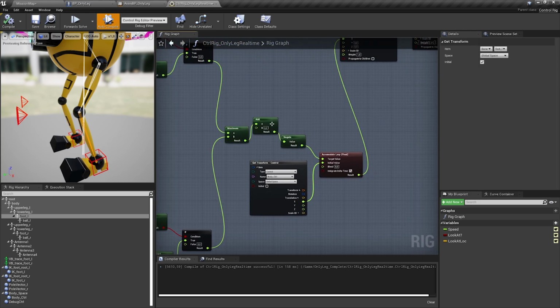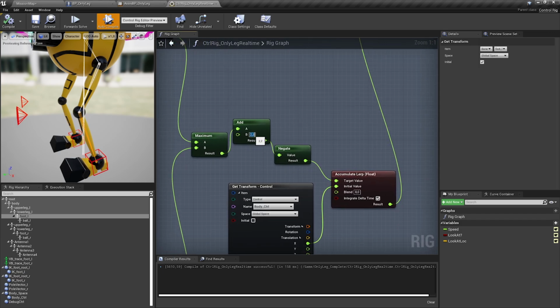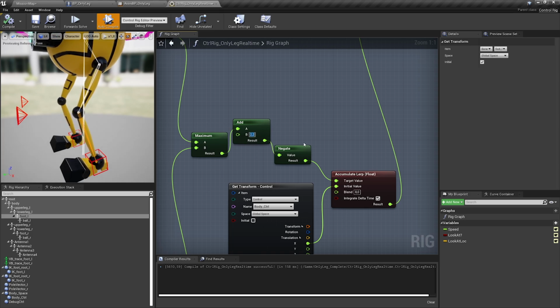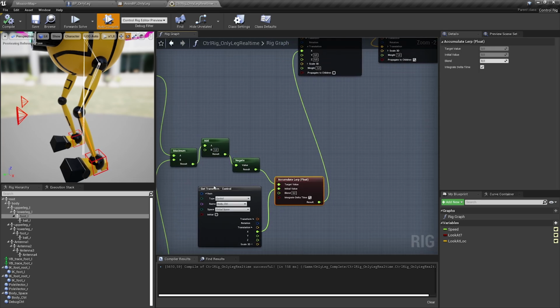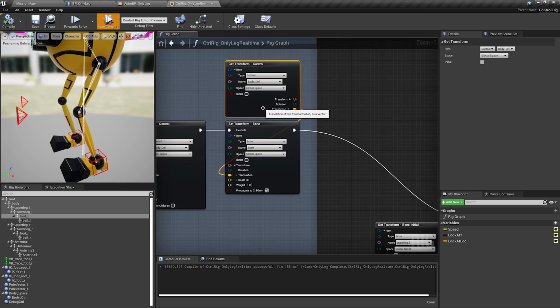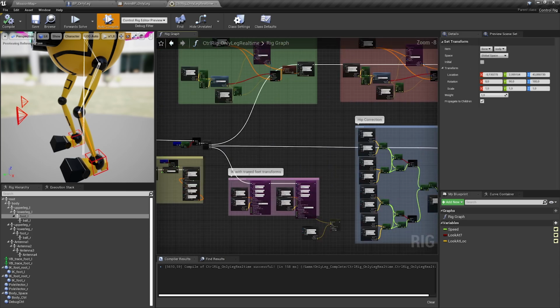And depending on if the left side or the right side has an adjustment, here I'm adding a little bit of an offset because I modeled the character with straight legs, which was not really helpful. But here I can do some correction and finding a magic number that works. At the end, I do accumulate lerp again, so it doesn't plop. And then I'm setting the control transform, which I'm then using to adjust the body bone.